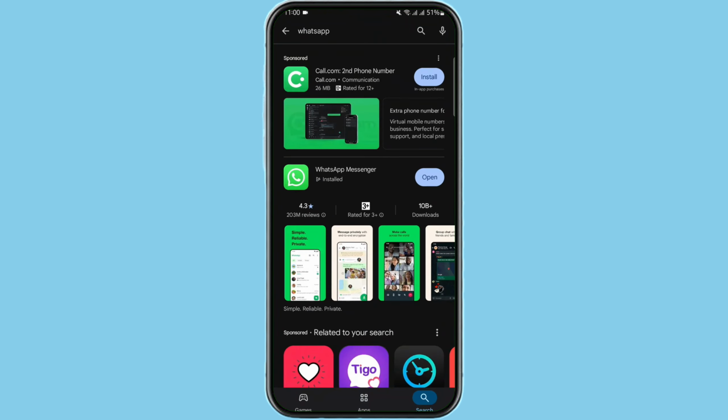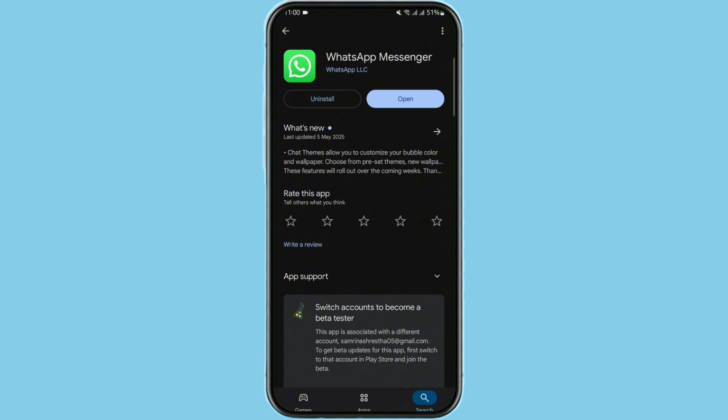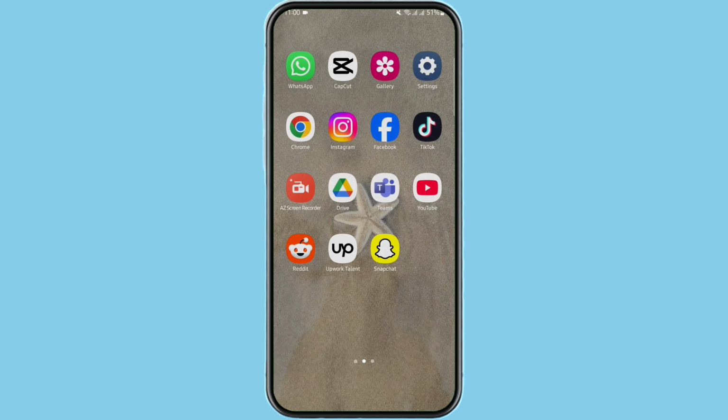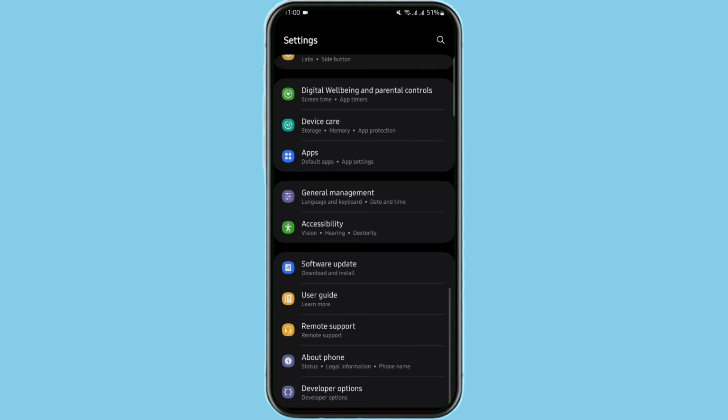Head over to your Play Store or App Store. At the top search bar, type in WhatsApp Messenger. If you see update, immediately tap on update and update your app. Now, next thing you want to try is head over to your settings, scroll all the way below and tap